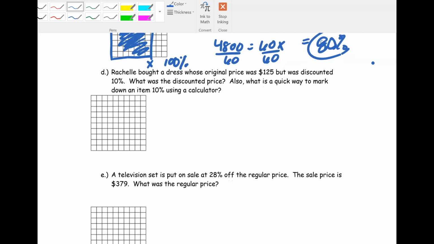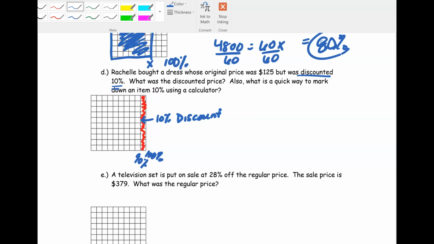D, Rochelle bought a dress whose original price was $125, but was discounted 10%. Okay, this is one where you really have to pay attention because it doesn't say that it was 10% of the original, it just says it was discounted 10%. So basically what that means is, if this is 100, if it was discounted 10%, that means 10% was taken off. That means she ended up paying 90%. So 10% discount